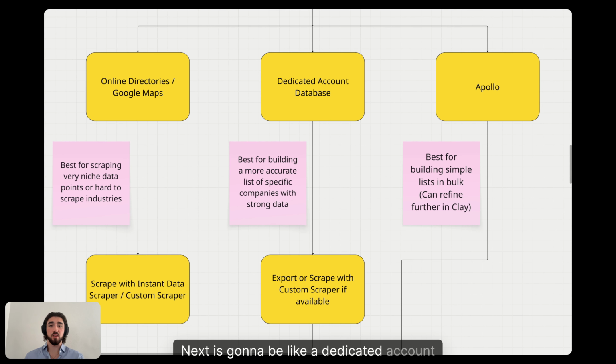Next is going to be a dedicated account database. So this is things like Crunchbase, BuiltWith, Store Leads, Shovels. These are databases that are built for specific industries of companies or specific use cases for scraping accounts. And yeah, these are great. These are typically a better base to start off of for finding companies than let's say Apollo, because it's going to give a lot stronger data. These databases are typically updated a lot more often,